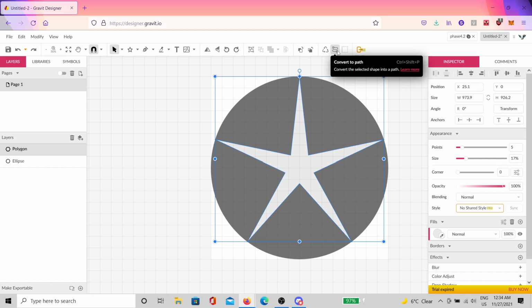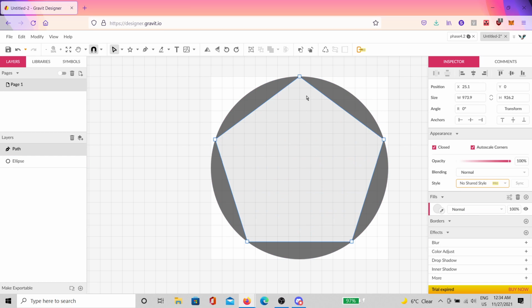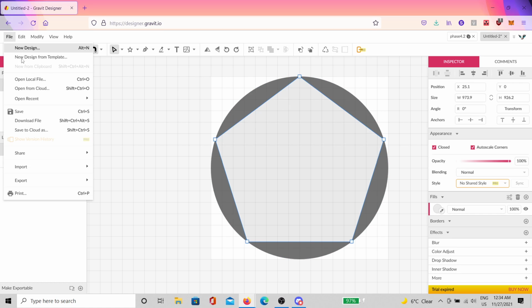Let me convert the star into a path, then press D, then select all these inner points and delete this. So we have a pentagon now. The thing about a pentagon is the pentagon includes all the points in a star. And if we just reroute the points, then we would get a star. So, what we do is we file, export SVG,